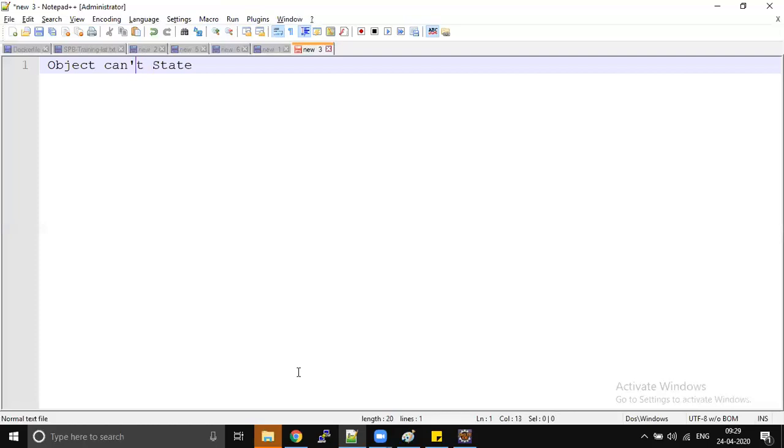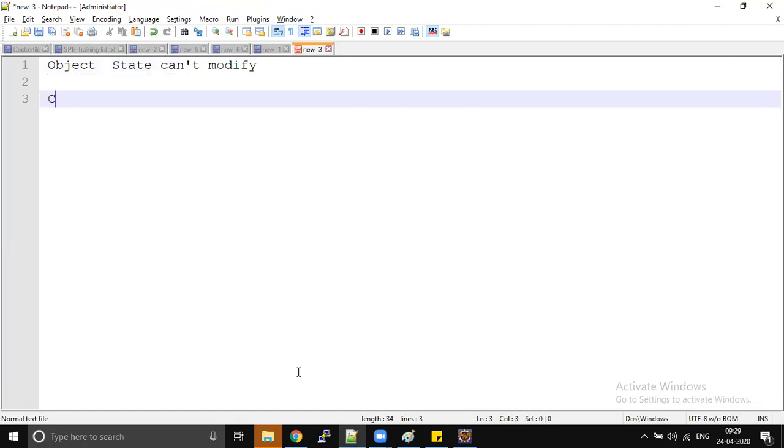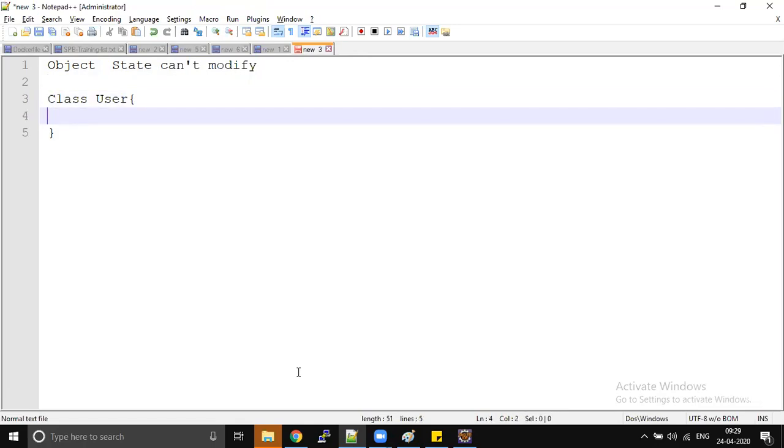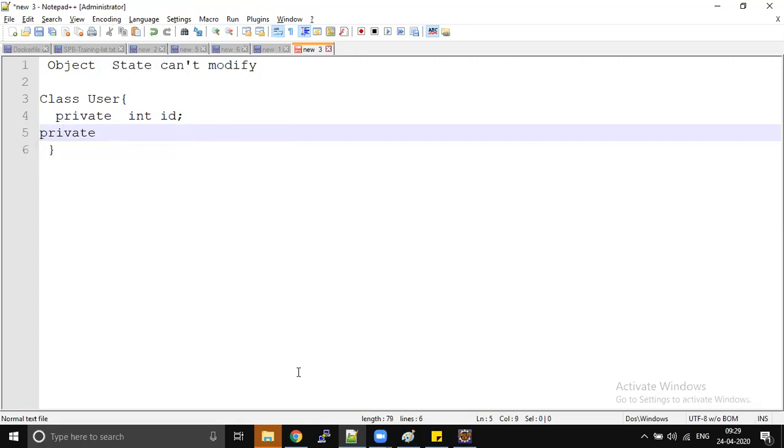When I say state, it is the properties which are present inside an object. For example, class User, right? The term sounds very huge, but when it comes to the code, it looks pretty easy. Private int id, private String name. So what is the state here? id and name are the state of the user.